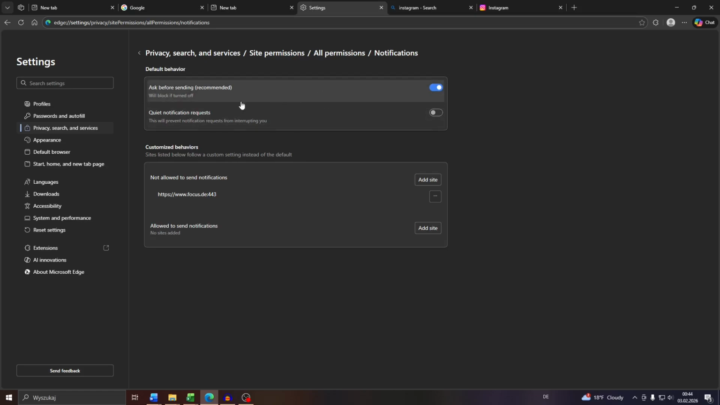If you'd like to receive quiet notification requests, these, for example, according to this description here, will not interrupt you. I haven't tested this feature myself, so I can't tell you exactly how it works, but you can enable it anytime. If you'd like to turn off these notifications entirely, simply make sure that this feature is turned off,